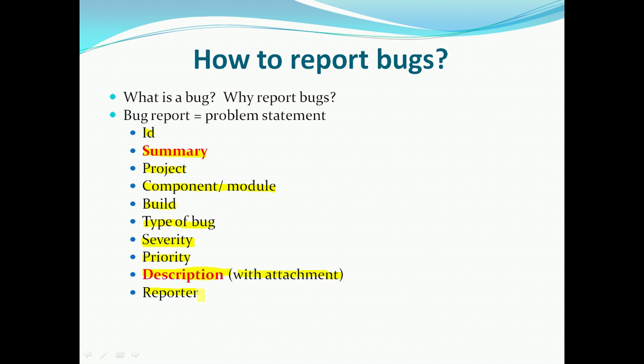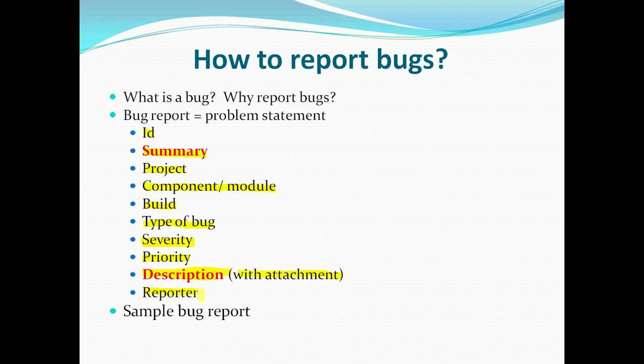And description is where you should accurately record what steps you took, what test data you used to execute those steps, what was the problem, what was your expectation, any requirement that was violated by this bug. And you can give additional information in the form of logs, screenshots, automated test case scripts. You can give all this information, but at least the description should contain the steps and the data to reproduce the problem itself, and what you expected instead of the problem.